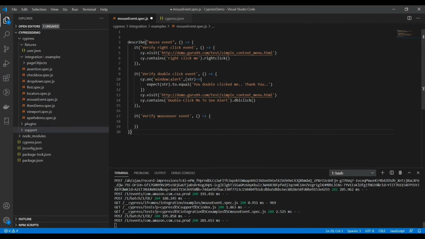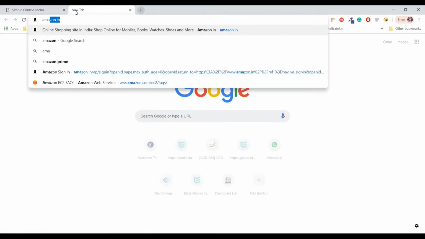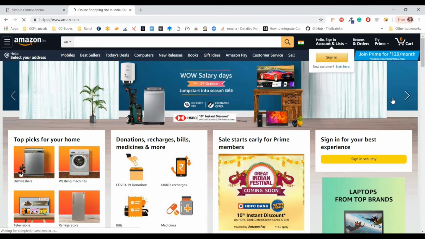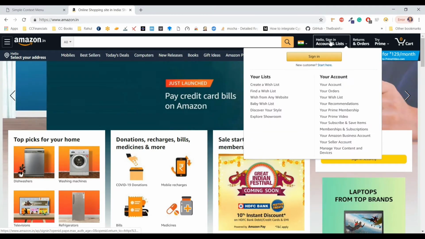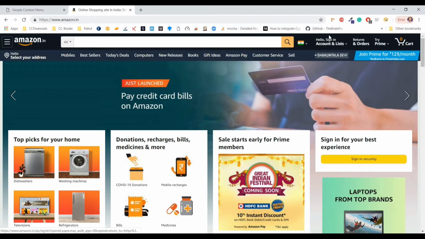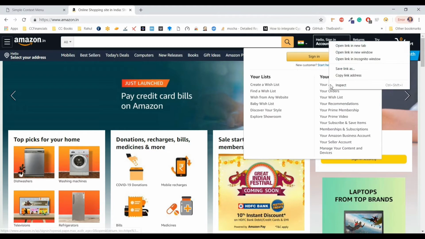For the mouse over example, we will use a different website, and I'm using Amazon.in. If I mouse over this hello sign in text, then a flyout is displayed. This account information is displayed basically.